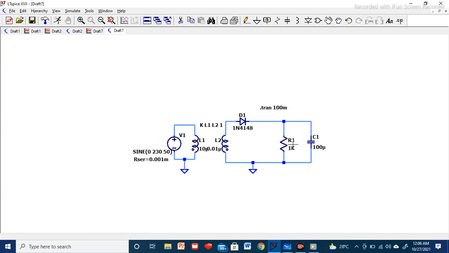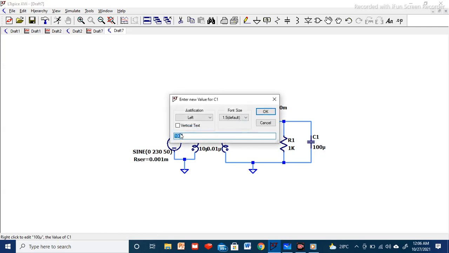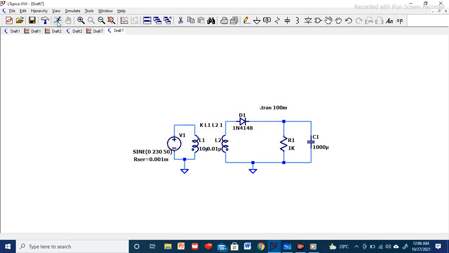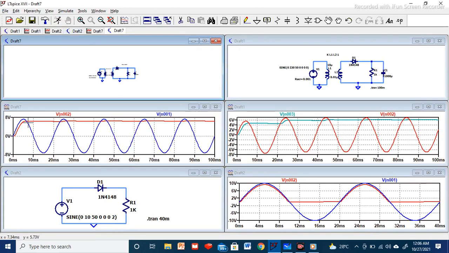So this time constant can control the waveform's ripple factor. By increasing this, the discharge time also will increase, so we can have a much better constant waveform across the load. Now if I simulate, you can see almost constant waveform we are getting across the load, this red color, and blue one is the input waveform.